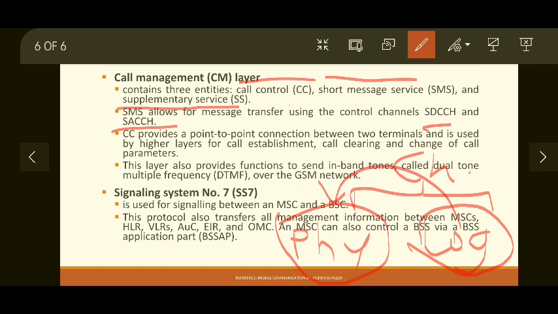So logical channel defines what is the use of this particular physical channel. Its use is nothing but logical channel. For example, if user data or user traffic is transmitted on a physical channel, such physical channel will be called a traffic channel, TCH. Okay, TCH is a logical channel. TCH means the physical channel is used for user traffic.